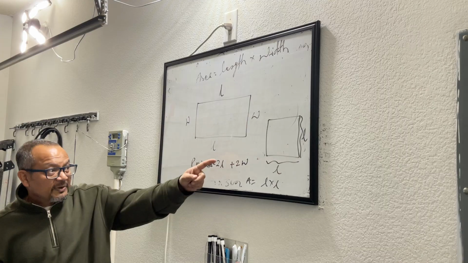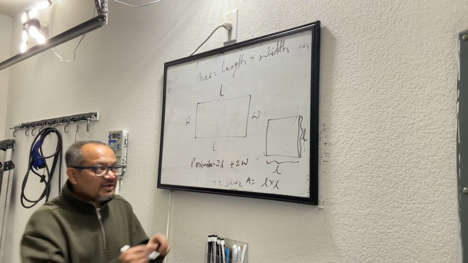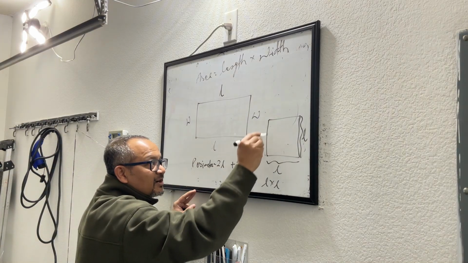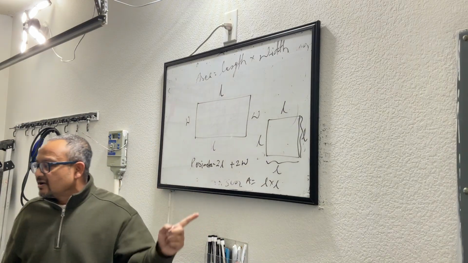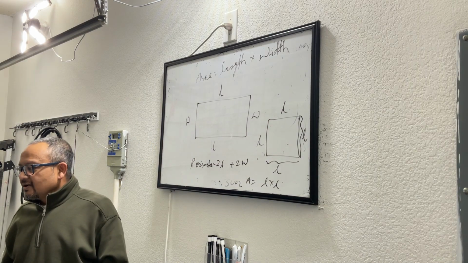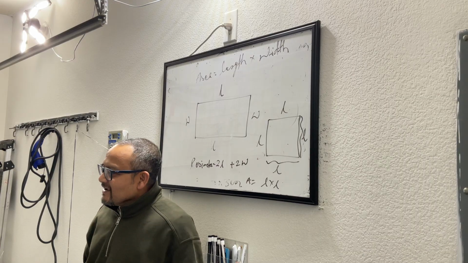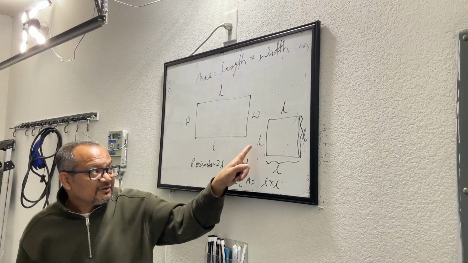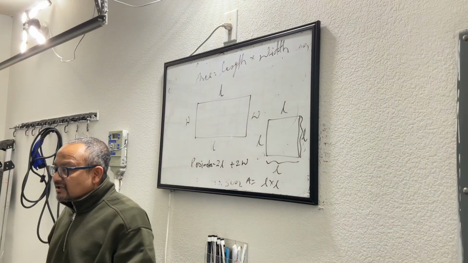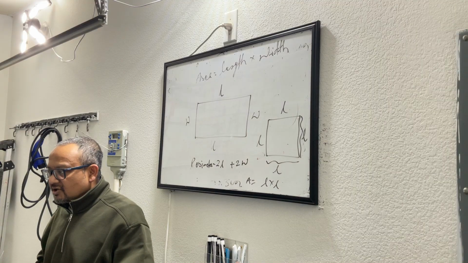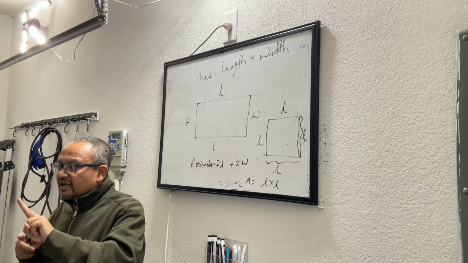If you have to find out the perimeter, like Dania explained, you will just add all the 4 sides, and here all the 4 sides are same. So if you have to find out the perimeter, you will add all the 4 lengths, or 4 times the length. That will be the perimeter of a square. So these are 2 formulas that we learned.